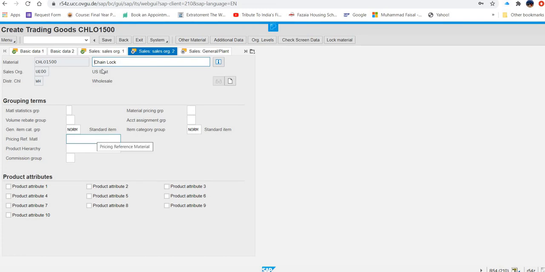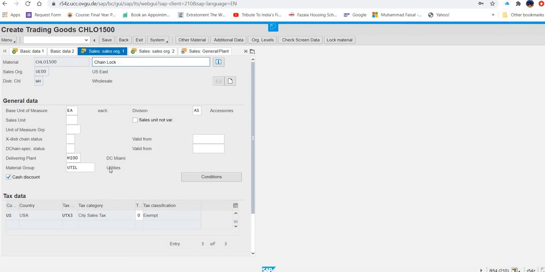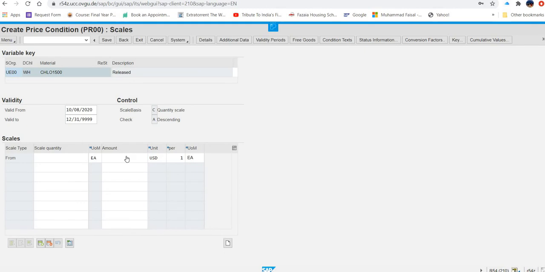So we have to be here on sales organization data 1, and here we have to go to the condition, and under the condition, yes, we were missing one thing, so the amount is 69. So now we are at the correct place.